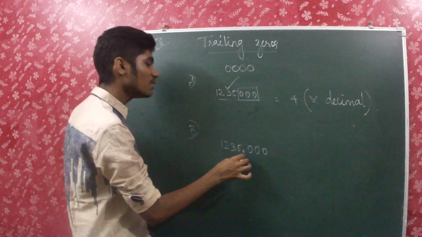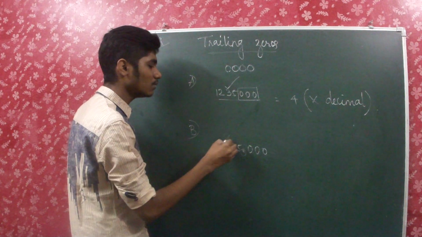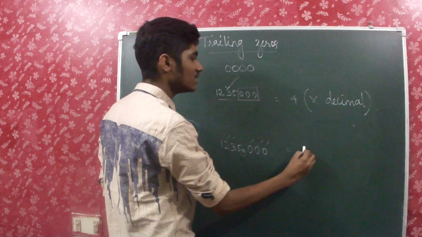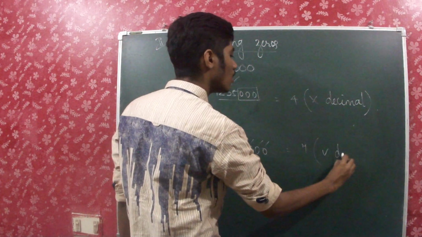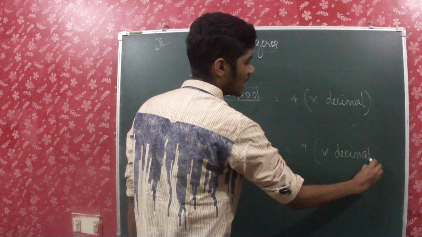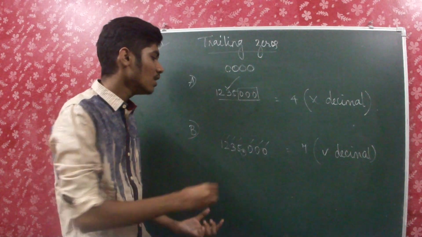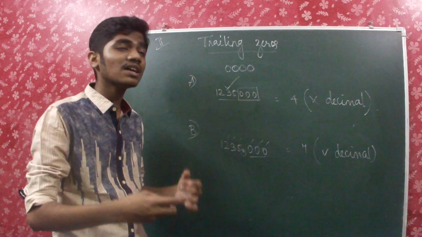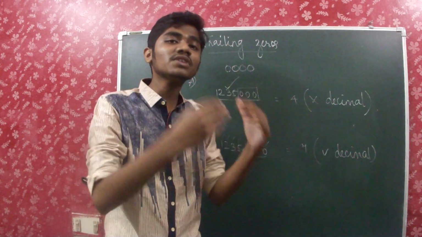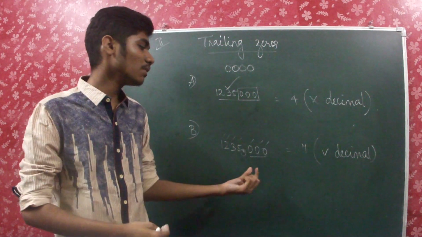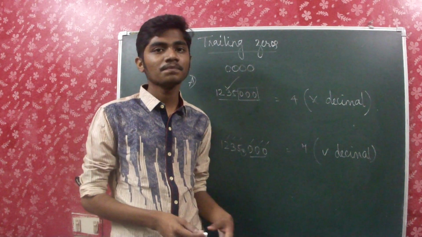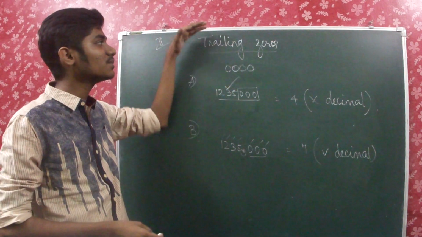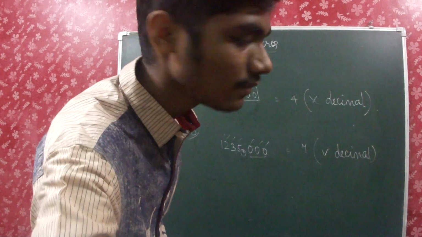Come on here. So we have a decimal point here. So we have to count all the things. So there are 7 significant figures because of the presence of the decimal. As there is a decimal point here, the zeros after that, the trailing zeros even after the decimal point, are taken into account only because there is a decimal point here. Okay, so this is the concept about trailing zeros.